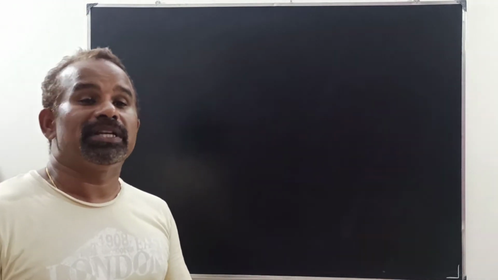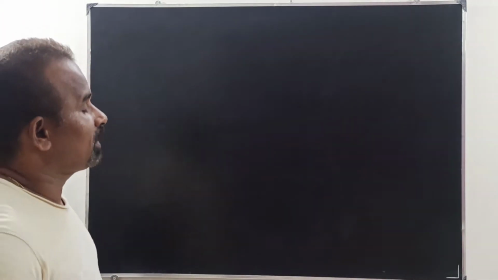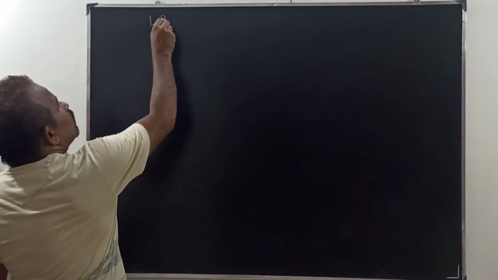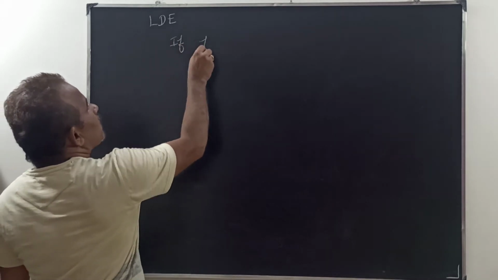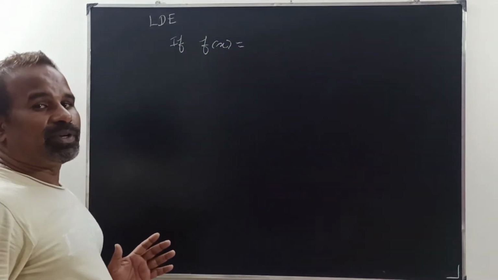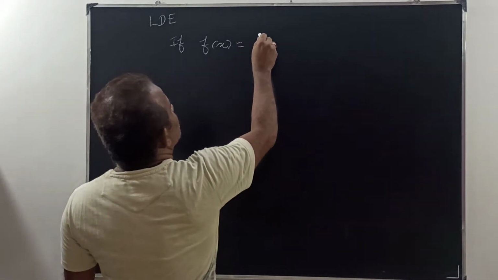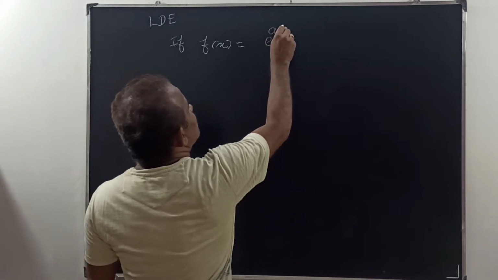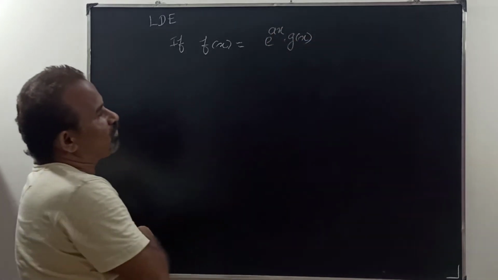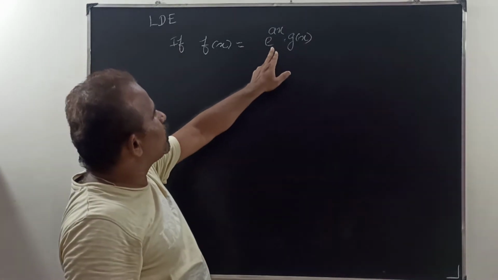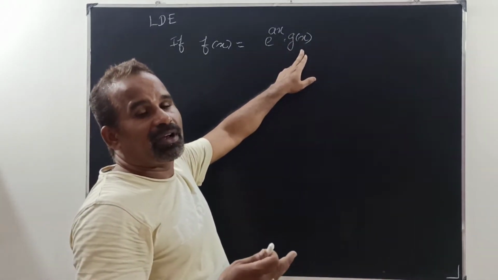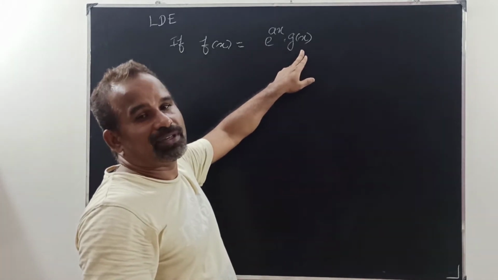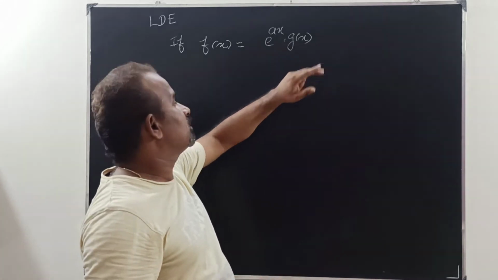In this class we are going to discuss some problems in linear differential equations. If f of x, the right hand side of the equation, is equal to e power ax into some other function g of x, the product of e power ax and g of x, which may be an algebraic function or trigonometric functions like sin x, sin squared x, cos x, something like that,